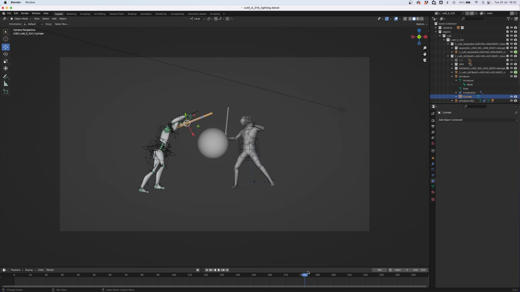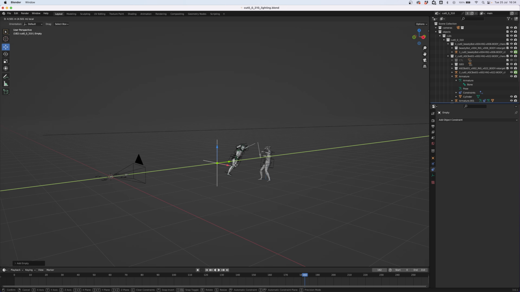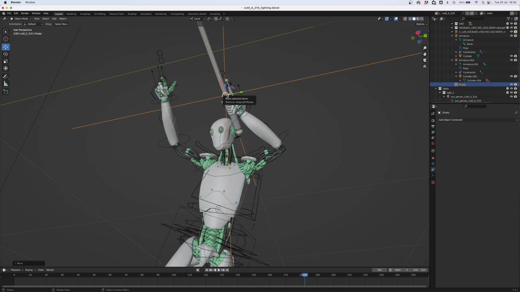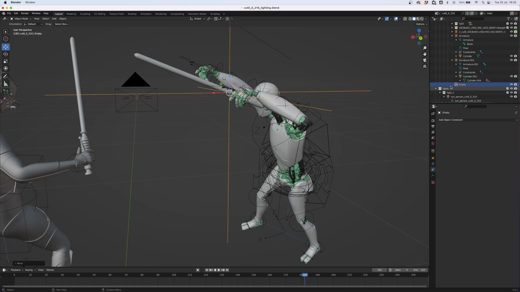There I've added the second lightsaber, and now we want to add some points that we can track to provide data to After Effects for where the lightsabers actually are in physical space. So if we go ahead and press Add, Empty, Plane Axis, we can grab hold of this axis here and position it at the base of where we want to see this fiery flame from the lightsaber. Okay, we have that one. We can give that a name, base 1.